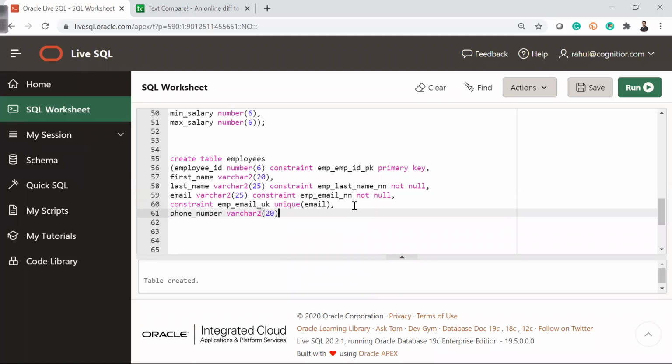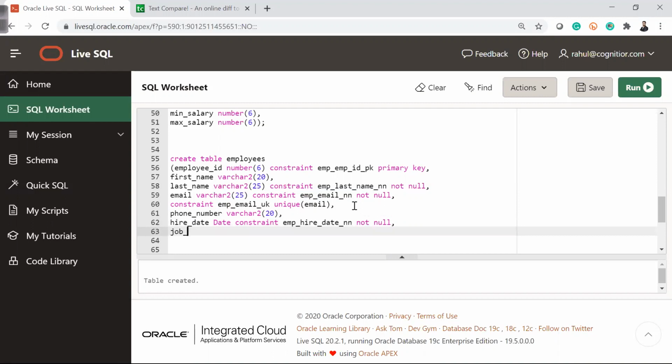It should be 15 maximum, but let's go with 20, no issues, comma, hire underscore date, which is a date field, right? Date type, and my hire date cannot be null also, so constraint emp hire date nn not null.